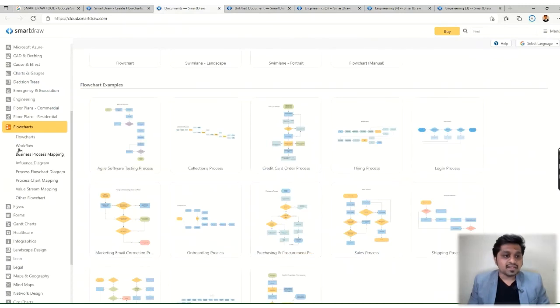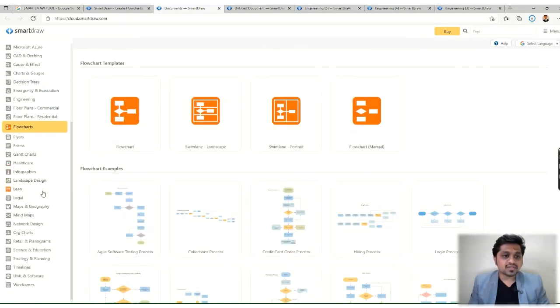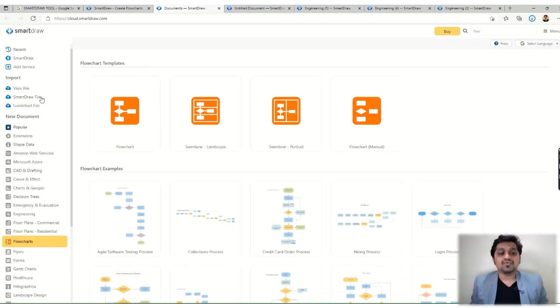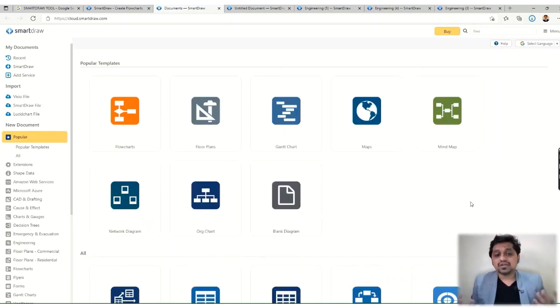So let's see what other options we have. You could see we have some timeline, strategy and planning things also available over here. So all these things we can easily access, and we can create our own drawings according to our requirements, right? It offers a huge variety of different kinds of things in a single tool.